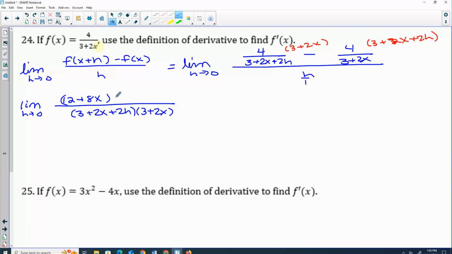So we have this minus 12 plus 8x plus 8h. Times, if we flip and multiply, that's 1 over h. If we distribute this negative, then we get the limit as h approaches 0. Positive 12 and negative 12 cancel, 8x and negative 8x cancel. So we have negative 8h over